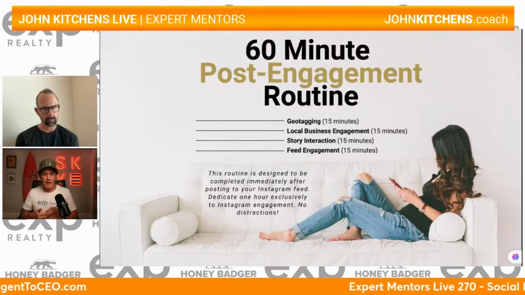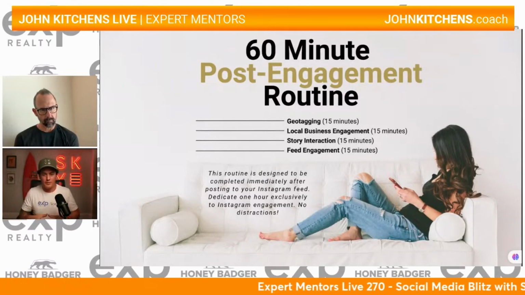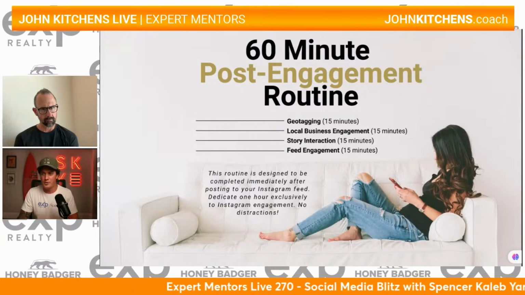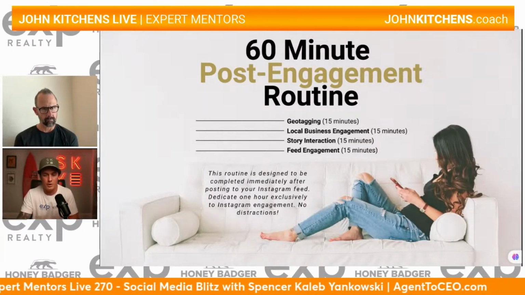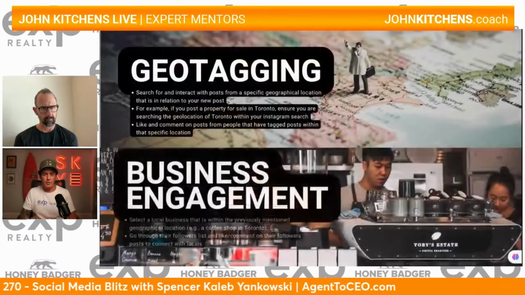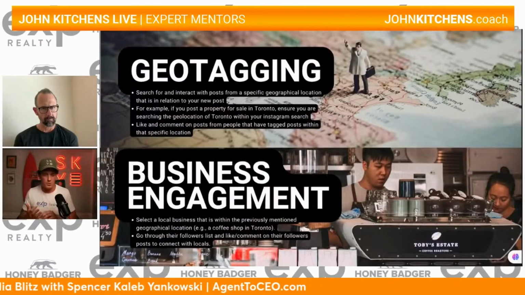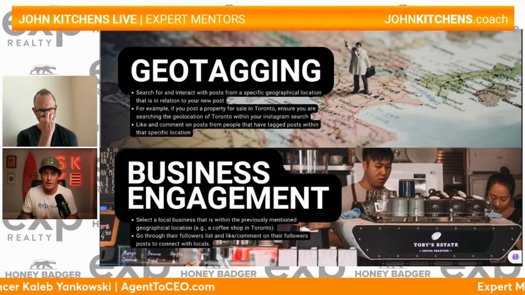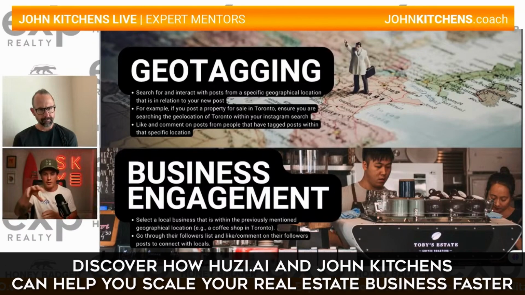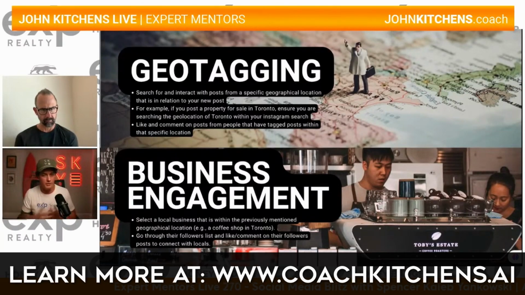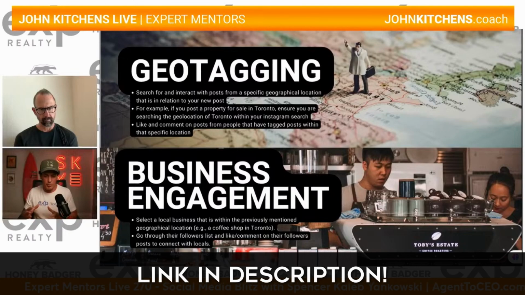But this structure is what I found really helps get micro, going from macro to micro into a certain marketplace or area. So essentially what you want to be thinking about is when you do create a post, whether it's a reel or whatever, say for example you've got a just listed home in a certain marketplace, right? So maybe you've got a bigger city, you've got a tiny little community just outside of that city where you've got a new listing, right? So you go ahead, you create your post, you post it.